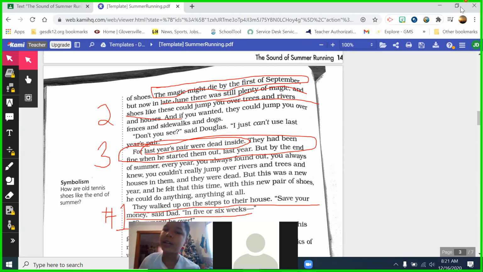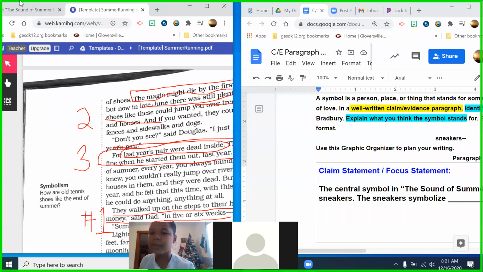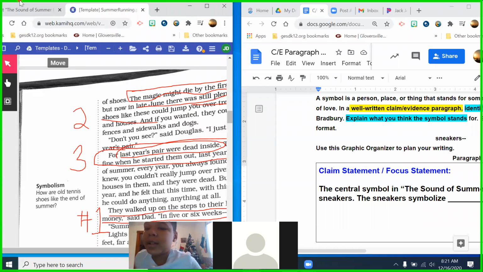What can you use, children, if you get lost and you're not in class? What can you use to help you figure out how to do the graphic organizer today? Paige? Not maybe the 11 graphic organizer, the 11 graphic organizer. If you forget what to do, you can go back to the one that we did together. Mrs. Jost also put the example one, the completed one. It might not be from this class, it might be from another class, but it is there. Okay, so if you get lost, that's what you can do.